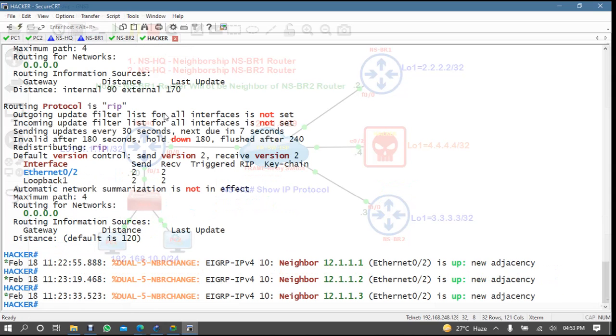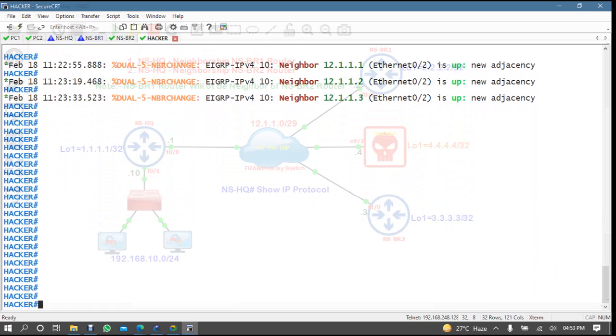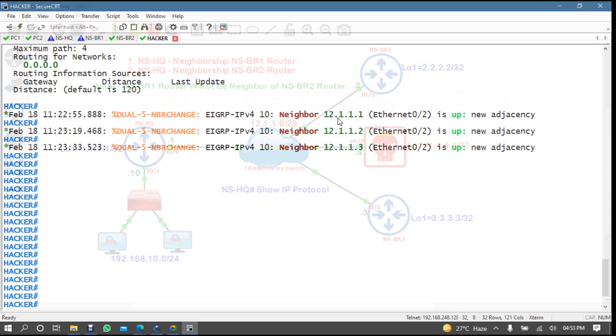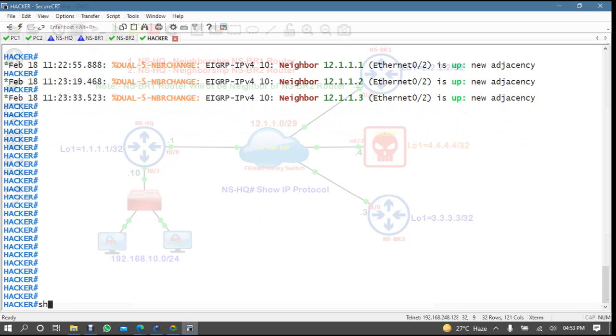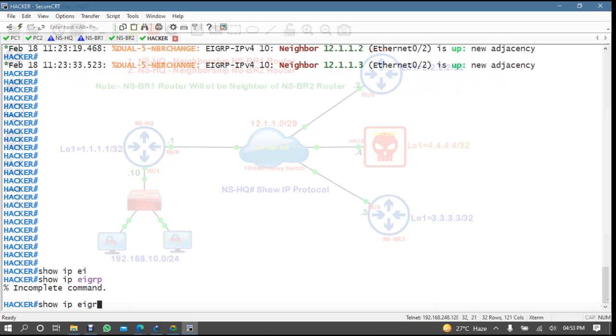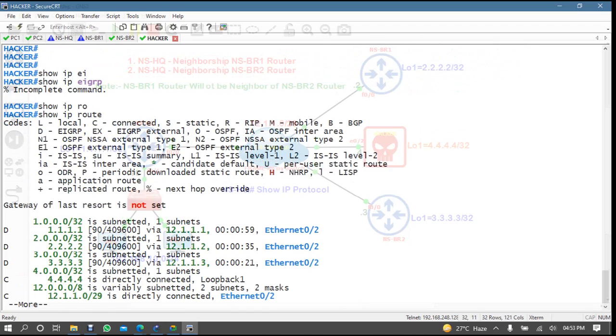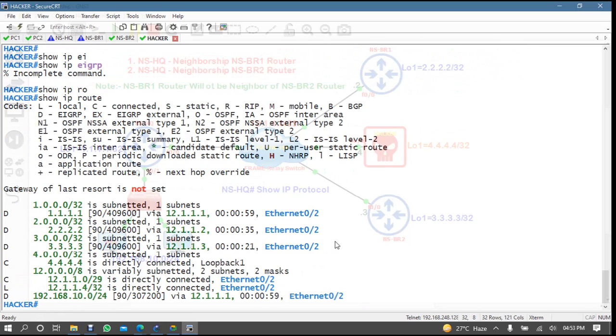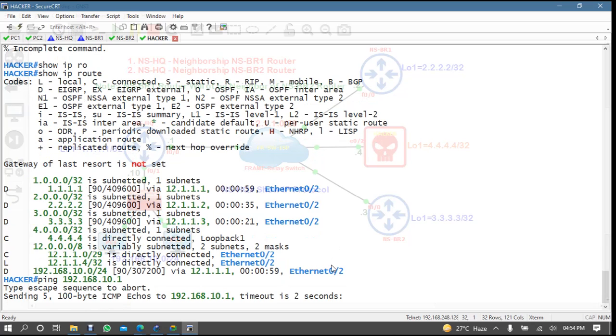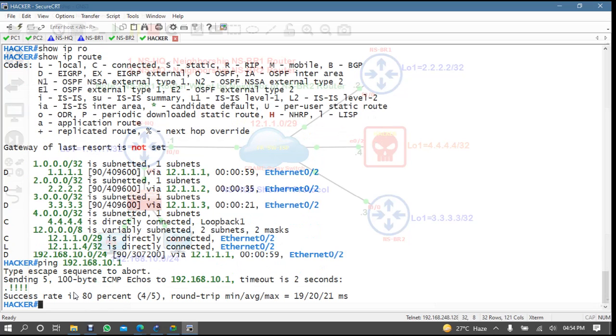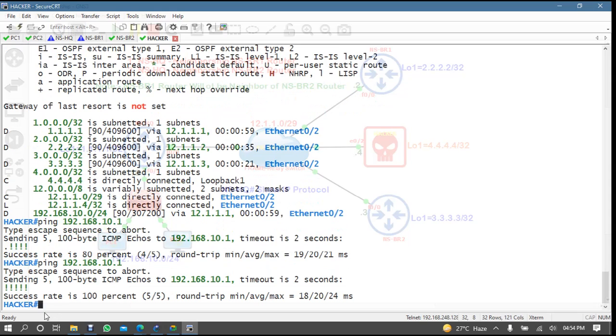Now see, when the hacker comes to check its routing, the hacker is a neighbor of all your routers, right? Because all your routers are connected to the internet, and the hacker is also connected to the internet. And when the hacker types show IP protocol, show IP route, all routes come here, and the hacker says, okay, let me come to your network, inside your server. So the hacker is also entering your organization.